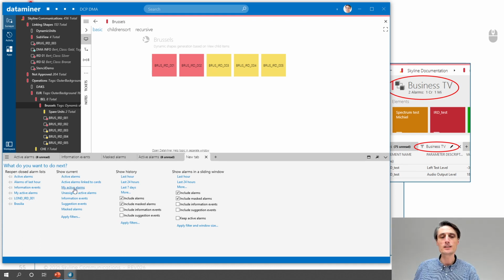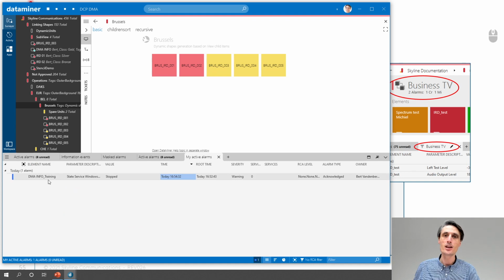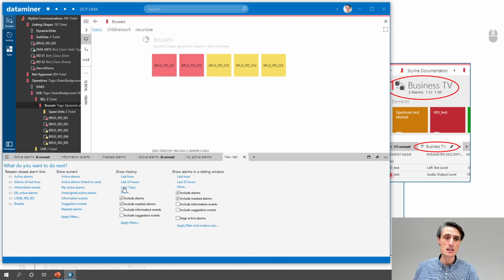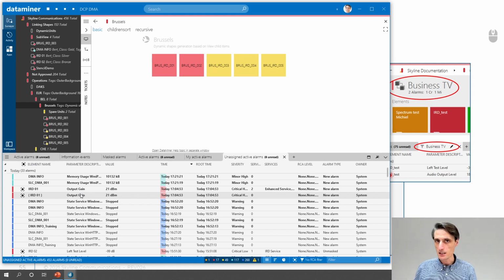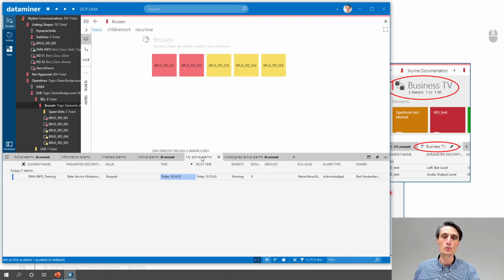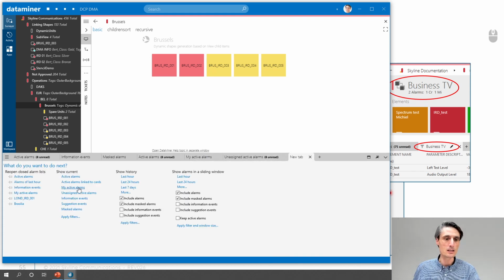There is also a predefined one that filters on all the alarms that are active and assigned to you. Before I took ownership of an alarm, my name is still indicated there as the owner, it is acknowledged, so I conveniently have immediately a page with all my alarms. The opposite is then the unassigned active alarms. Those are not assigned to anybody. They are still open and assigned to the system. So I can pick the alarms from there, take ownership to move them to my alarms. So those are two tab pages which are related to the user